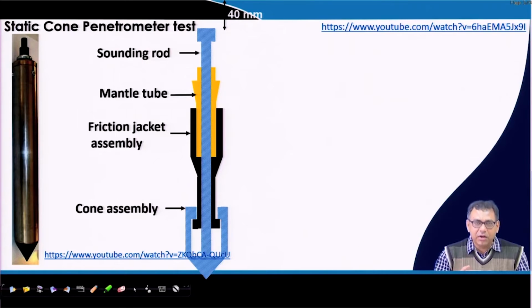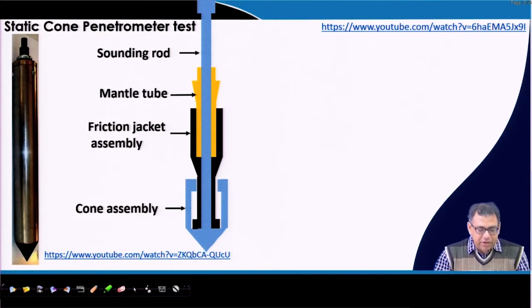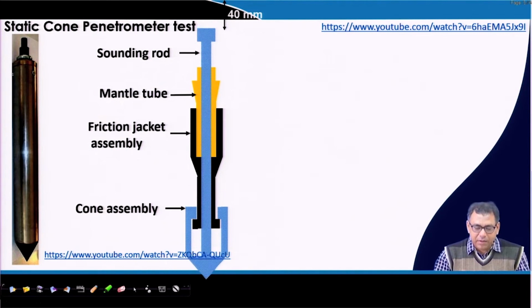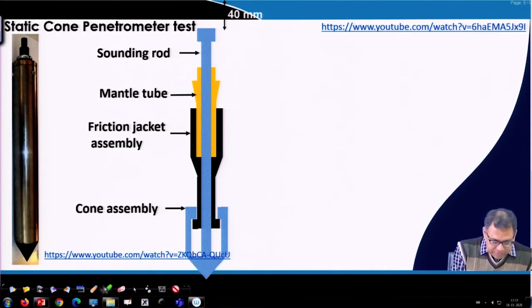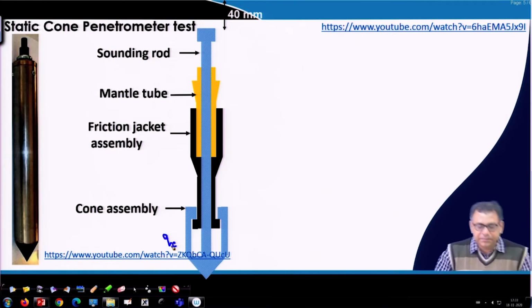So, you can see the sounding rod along with the cone assembly is pushed into the soil by 40 millimeter, by which we will get a resistance. That resistance will give me the cone resistance, which is known as QC. At this stage, the resistance that I will get is the cone resistance, which is QC. Now, the next step,